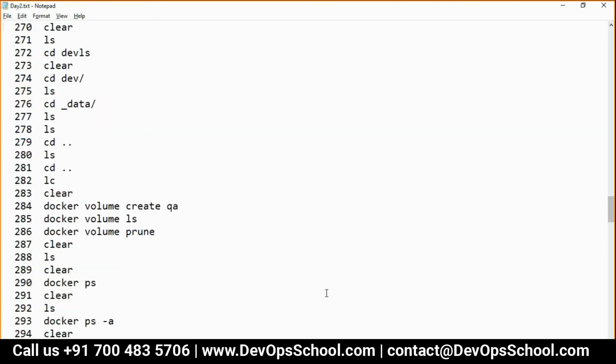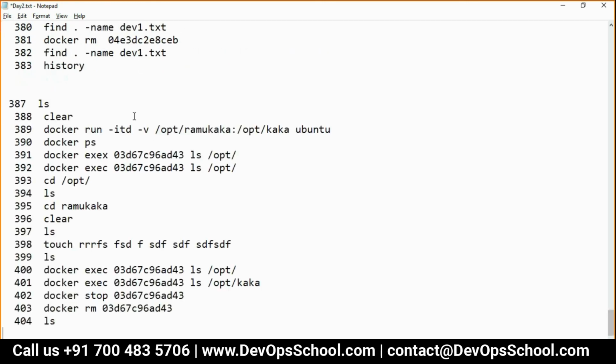Very interesting topic. If you compare AWS versus Docker, I taught you EC2 is equal to container, and EBS is equal to volume. Now do you want to learn VPC also? I can teach you. In Docker we call it Docker networking. Do you know the VPC concept in AWS? Yes, same thing. I told you, AWS is a platform, Docker is a platform, and Kubernetes is also a platform.